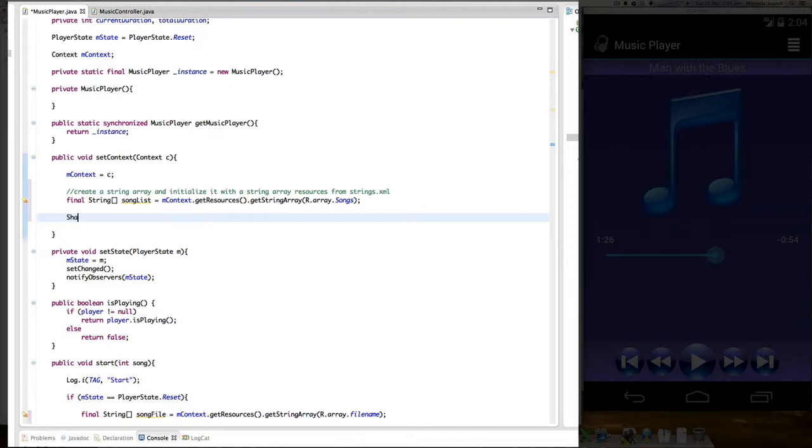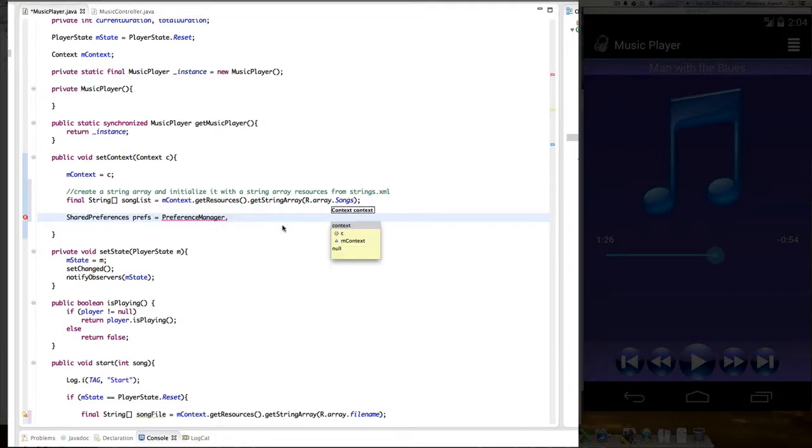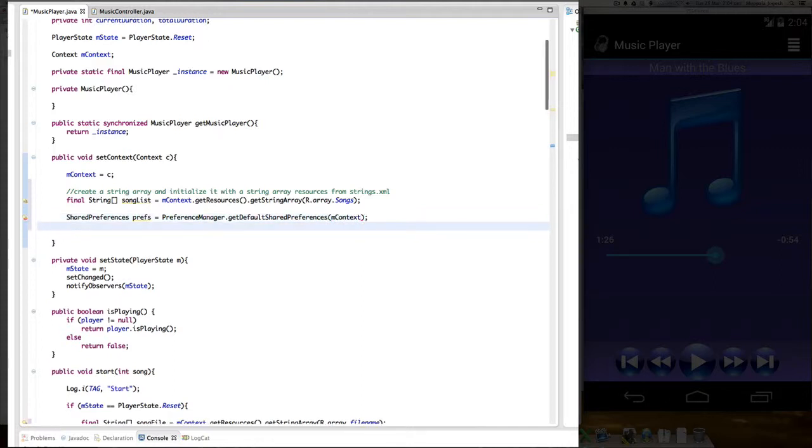So in here, I'm going to retrieve the information about the song that I have already stored in my shared preferences. To do that, I need to get hold of the preference manager get default shared preferences and context. And in addition, I'm going to initialize the two variables mSong